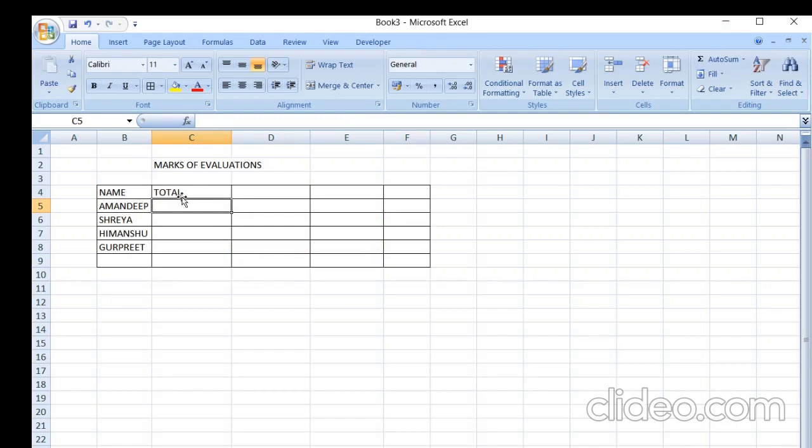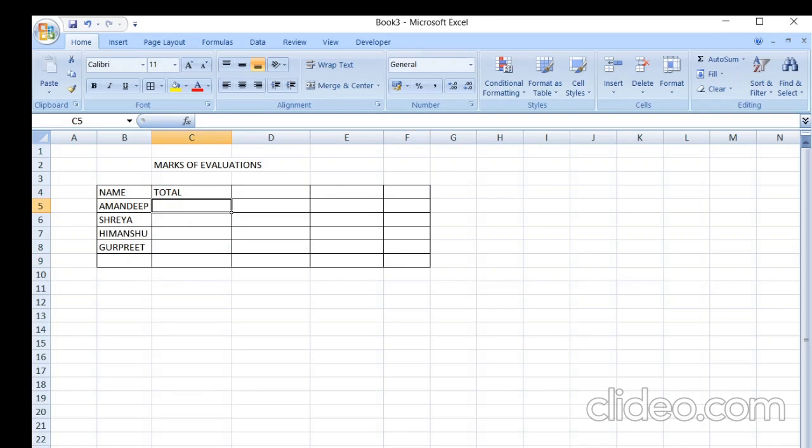Here I am doing the total which I will pick from the other workbook. You can see it is book 3, and that book linked is the workbook where the whole data is in sheet 1. Now I am opening another file, that is book 3, where I am doing the total.